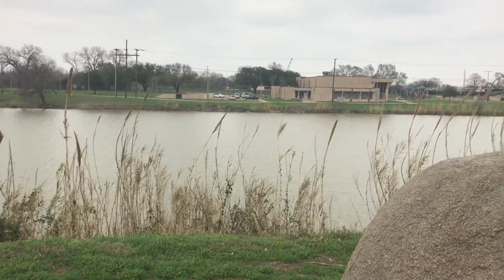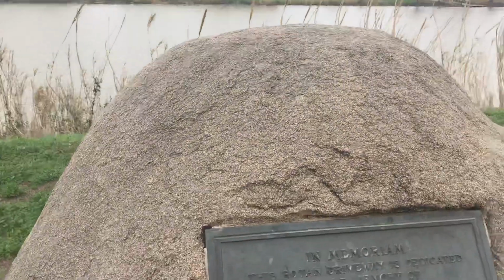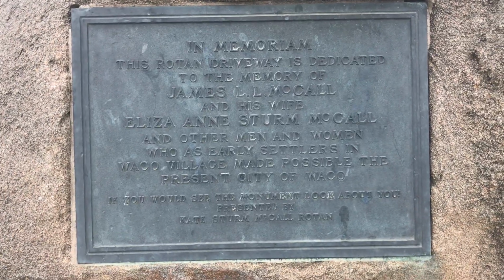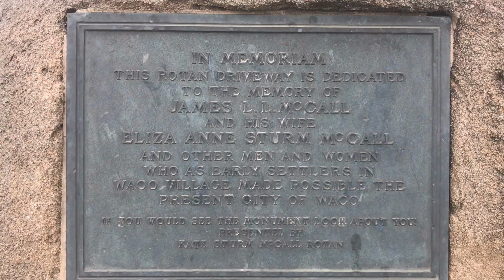Today we are in downtown Waco at the Brazos River. Now there is so much to see here. This place is next to the Cameron Park, which we will be exploring in the future. But here we've got